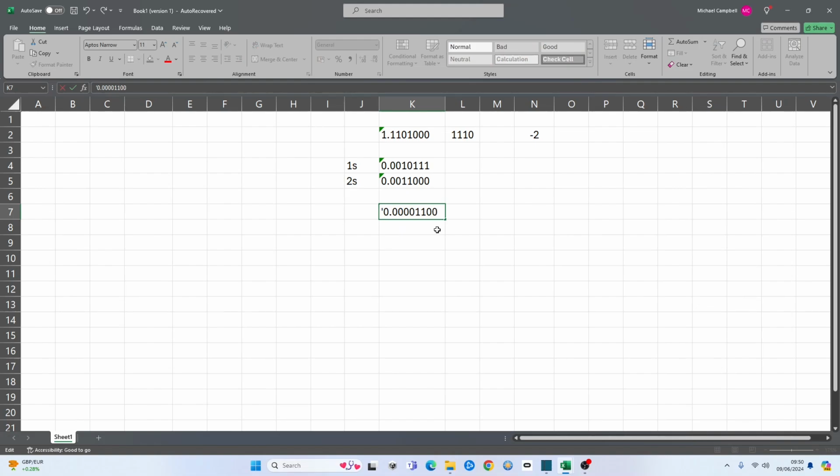It's removed the zero at the end because I didn't keep it as text, which is why I'm putting this little apostrophe there. It stops the computer removing zeros and stuff, or editing anyway. It does put this annoying arrow that you have to keep ignoring all the time, which is quite irritating. But anyway, so yeah, and then you would calculate what this is normally. Of course, that's a really irritating number. I don't really want to do it